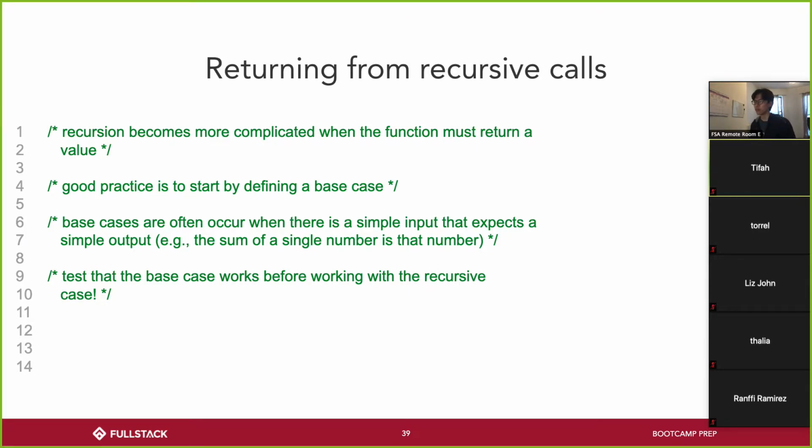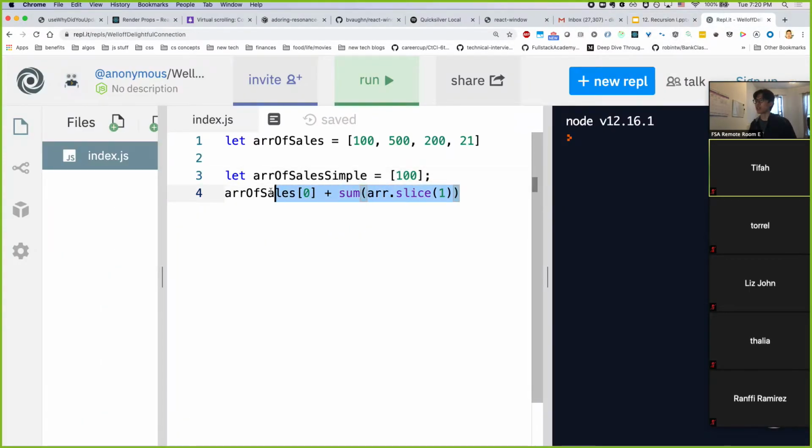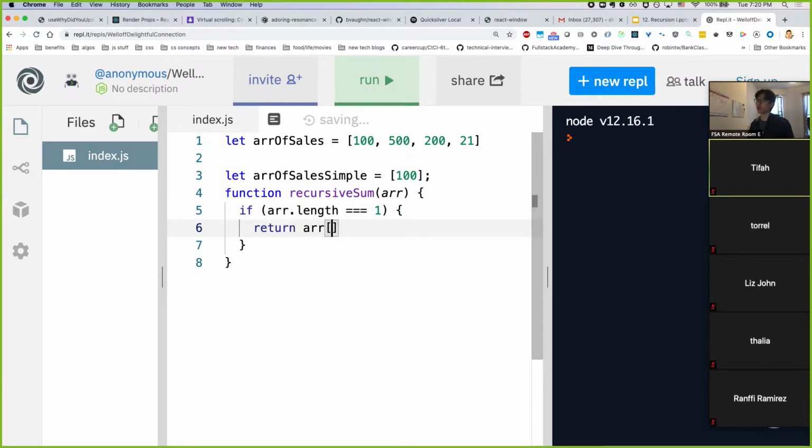So even if it seems trivial, we'll say function recursiveSum takes an array, and we'll say if array.length equals 1, return array[0]. That's it. Before we even do the recursion, we want to know that our base case works. And so we could say